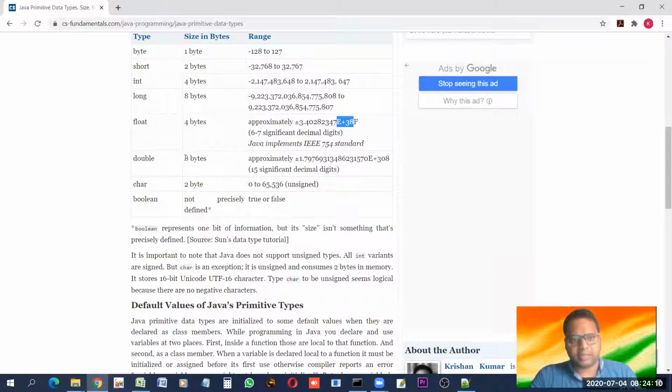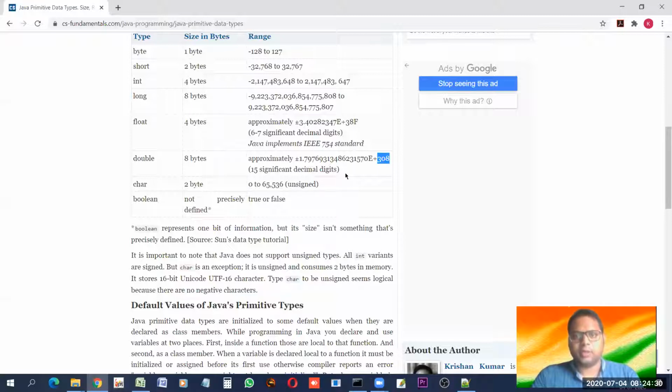So double's capacity, the range, is 1.79 times 10 to the power 308. It's an extremely huge, extremely large number. I'll tell you about this also, how big these numbers are.